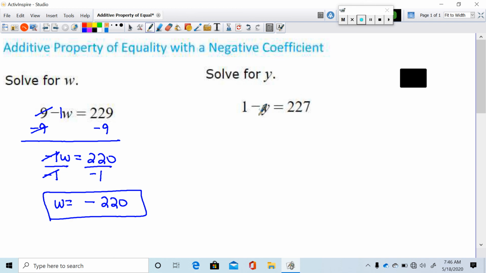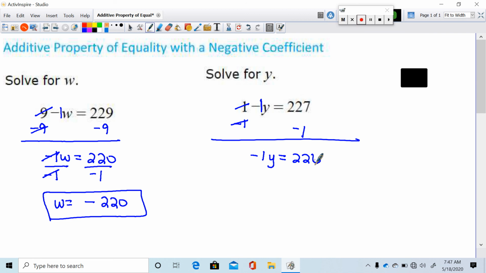For the next one, we're solving for Y. There's no number in front of Y, so it's assumed to be a 1. So the first thing we want to do is look at what's on the same side of the equal sign as that. There is a positive 1. So you've got to do the opposite. The opposite of positive 1 is negative 1. And negative and subtracting are the same thing. So opposites cancel. Bring down the negative 1Y, because we haven't dealt with that yet, equals 227 minus 1 is